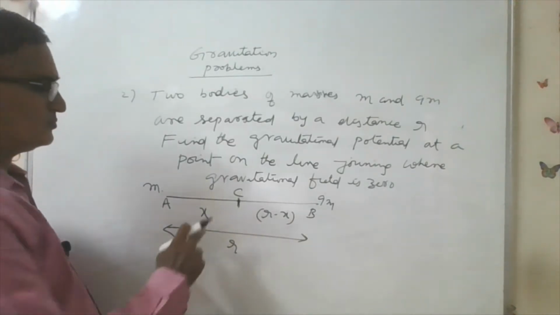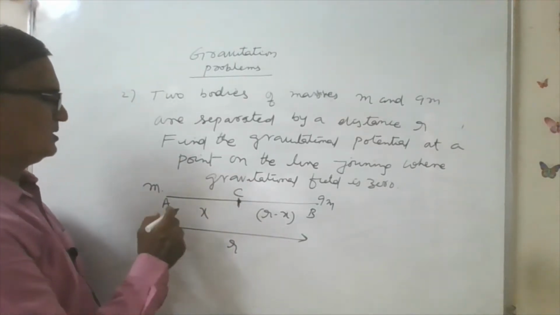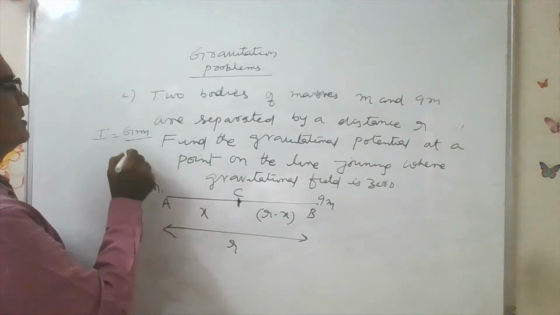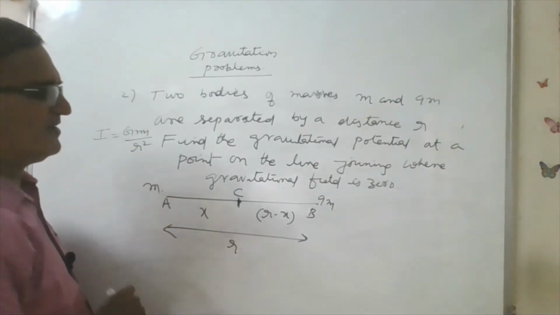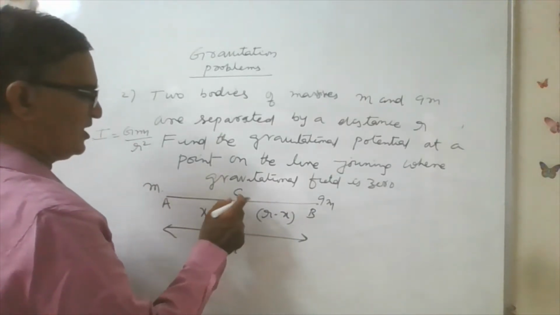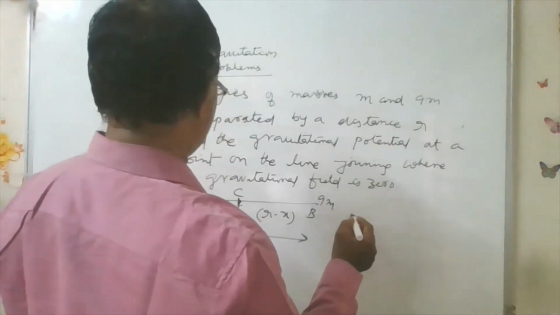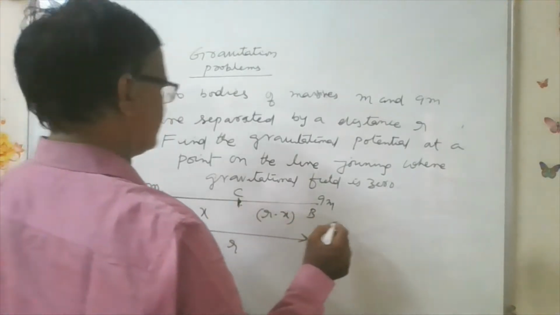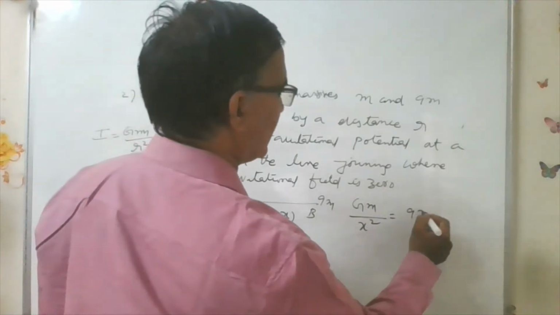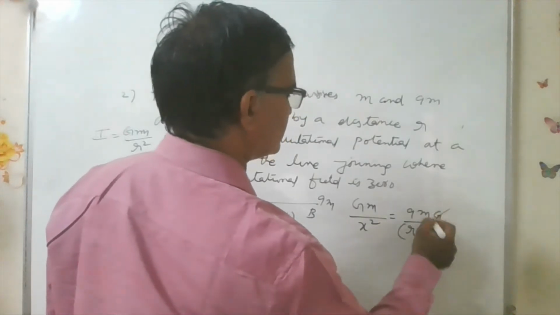Now in order to calculate the point where the field is zero, you know the gravitational field I, the intensity of gravitational field, can be taken as I is equal to GM by r square. Another point, consider a unit mass here between these two: 1 into GM, 1 into M by x square. So you write like this: along AC, GM by x square is equal to 9GM by r minus x whole square. This cancels out.